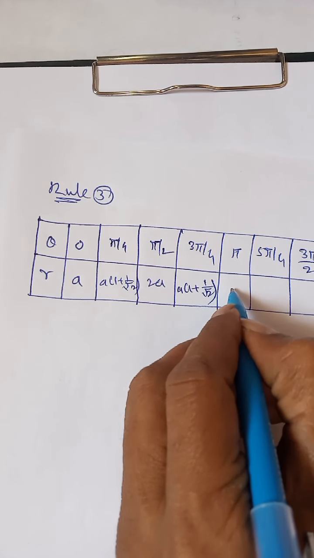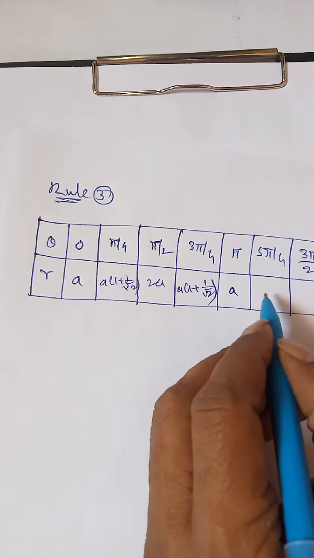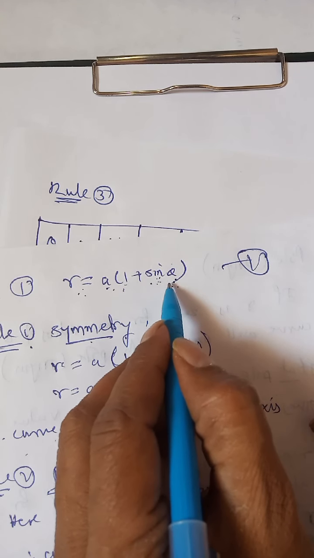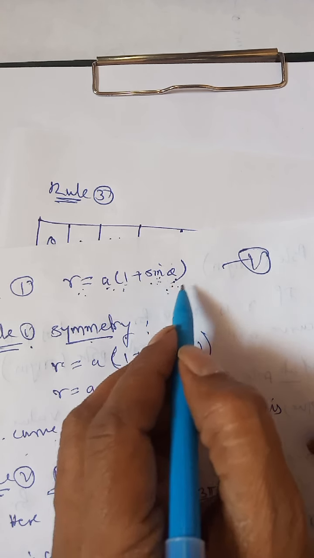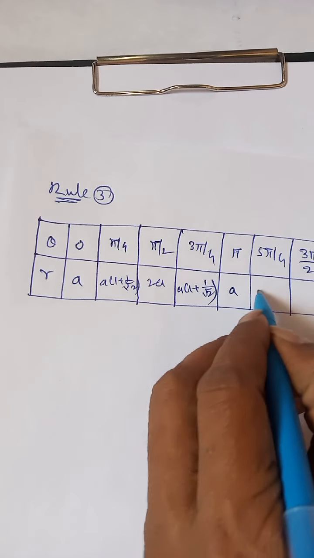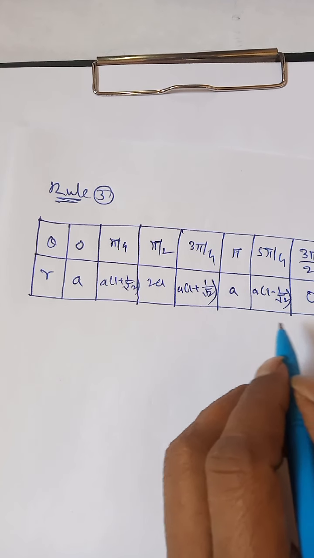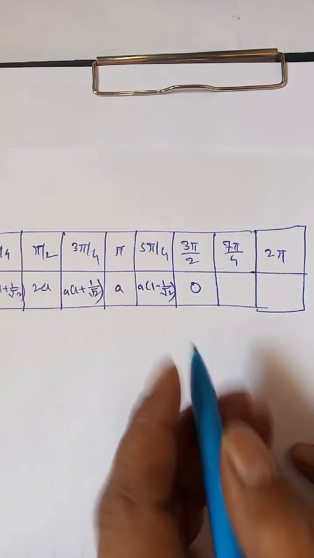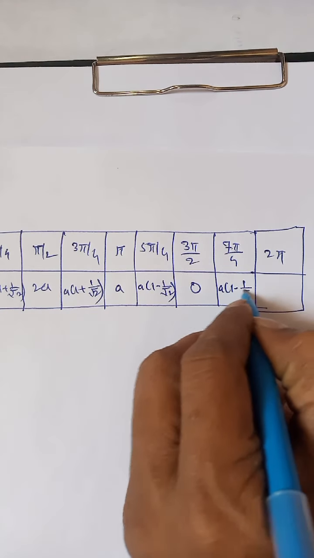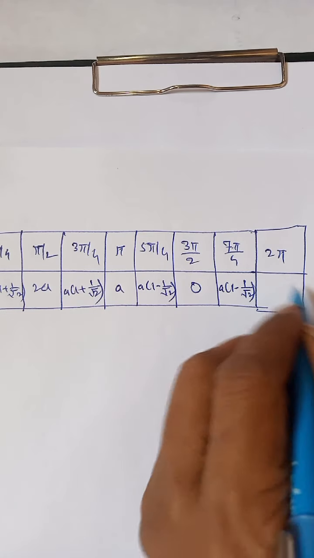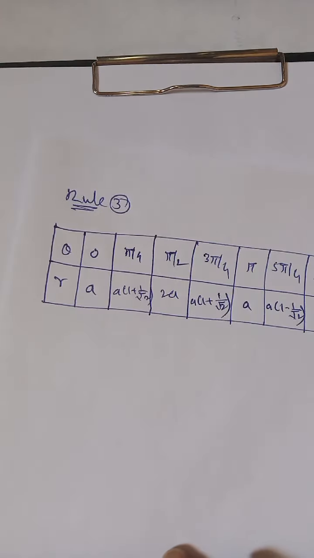For pi, sine pi is 0, so it is a. Then sine 5 pi by 4: you can find this value. Sine 5 pi by 4 is minus 1 by root 2. You can check it later on. So it is a into (1 minus 1 by root 2). For 3 pi by 2, it is 0. For 7 pi by 4, it is again a into (1 minus 1 by root 2), as sine 7 pi by 4 is minus 1 by root 2 again. And sine 2 pi is 0, so r is a there. Okay, with these values of r for different theta,